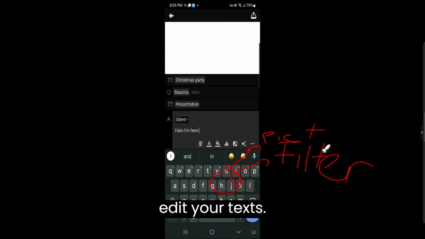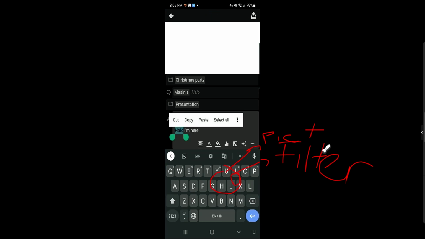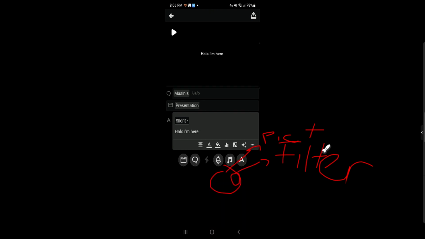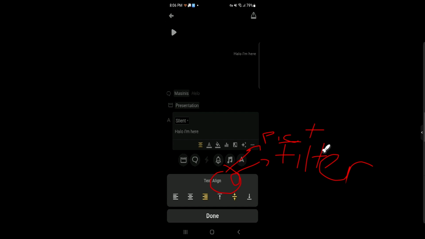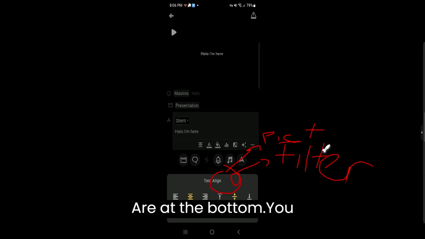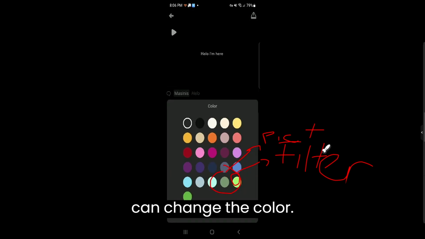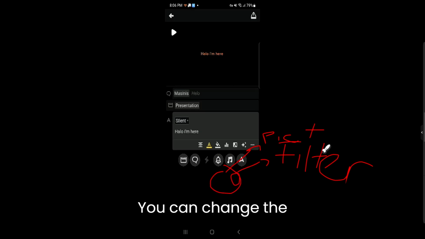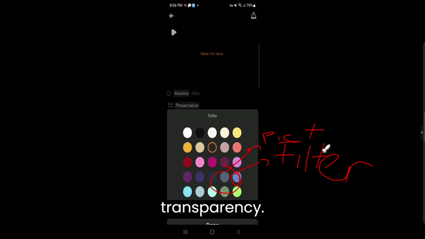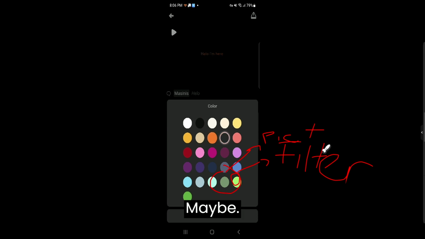You can edit your text, edit the justified, the alignment of the text on the top, in the middle, or at the bottom. You can change the color, you can change the transparency, maybe